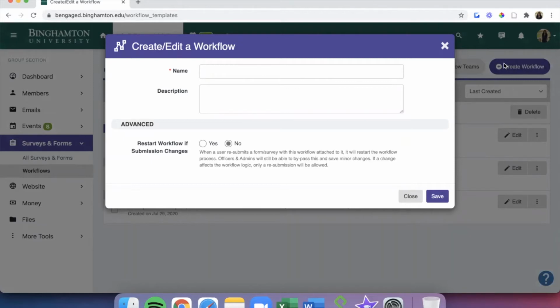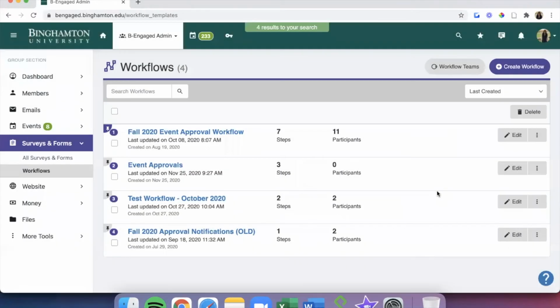Give your workflow a name, a description, and decide if you want your workflow to restart if a submission changes. Once you're done, click the purple Save button at the bottom right of the pop-up.